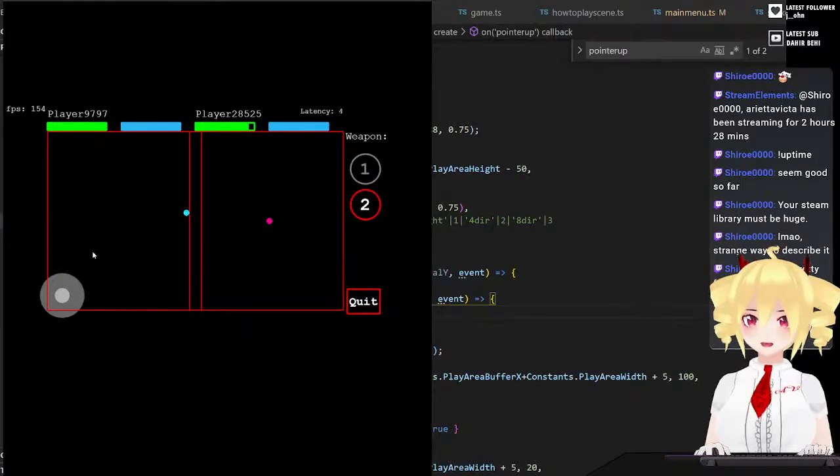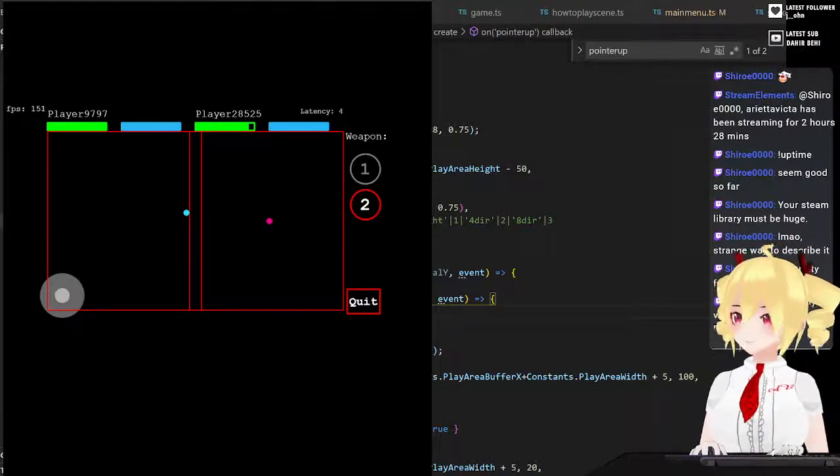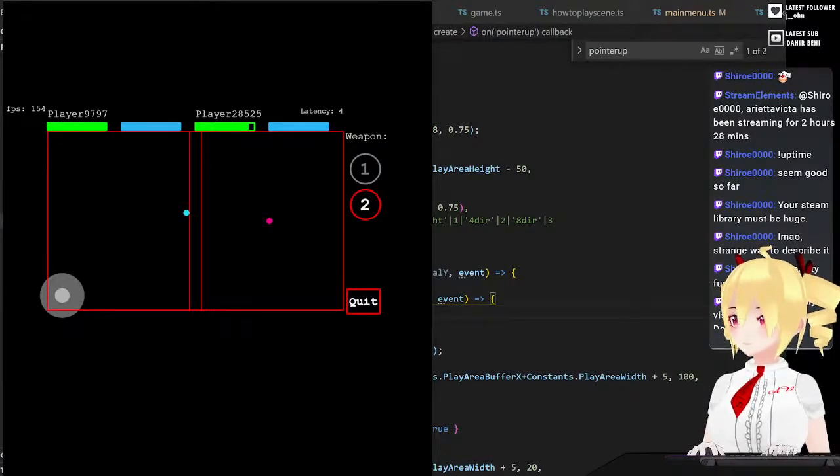I wonder how this is going to behave on mobile. Let's see. Oh, there's